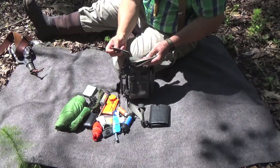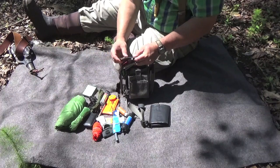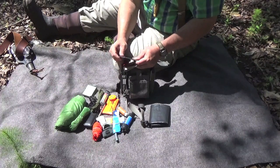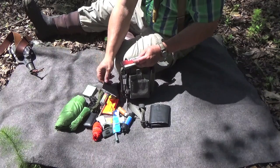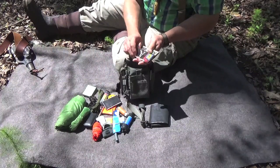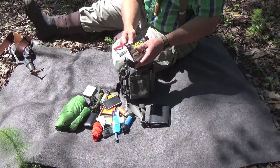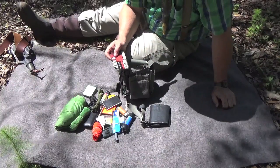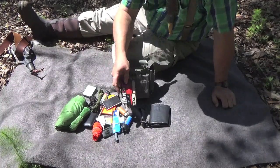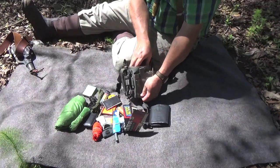Okay, I've got an old ID card, I think an old driver's license, with several feet of Gorilla tape around it. And I've got the old famous beef jerky bag. That's an additional water carrier. That's a stuffed bag. That's many, many uses for that. And then the last thing in here